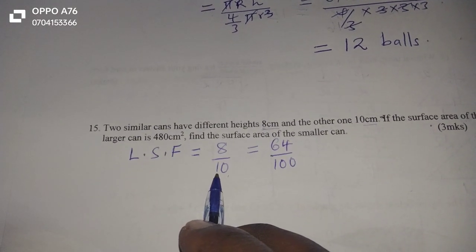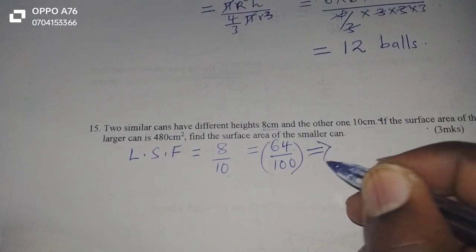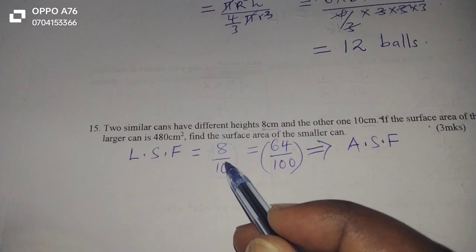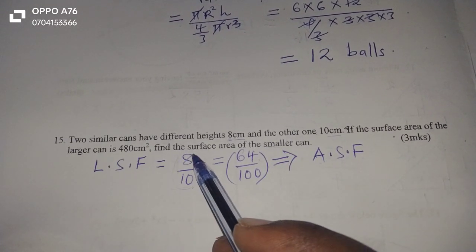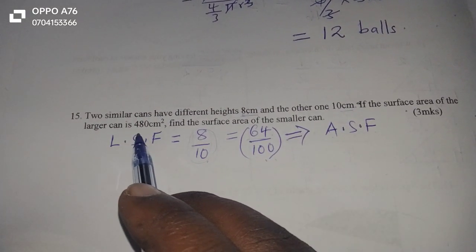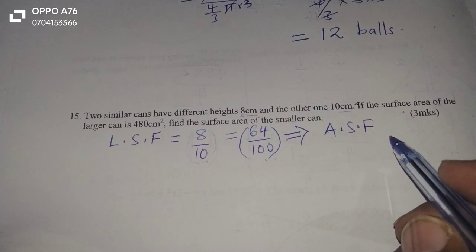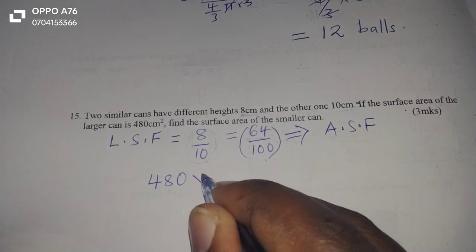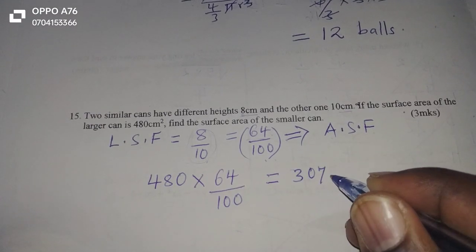Now the linear scale factor squared, that is 64 over 100, will exactly be the area scale factor. When the heights are related, they give us 8 over 10, then the surface areas or any other areas for the given cans should give us the same ratio squared, that is 64 over 100. With 64 over 100 and the surface area of the larger known, the surface area of the smaller can automatically be found. Because we want the smaller, we take 480 and decrease it in this ratio, 64 over 100. This is automatically going to be 307.2